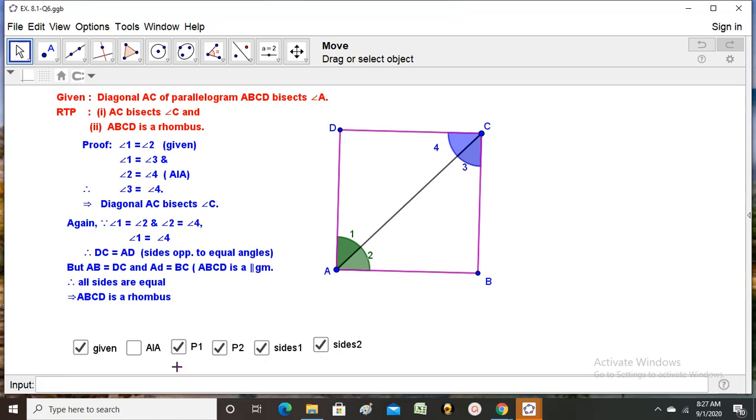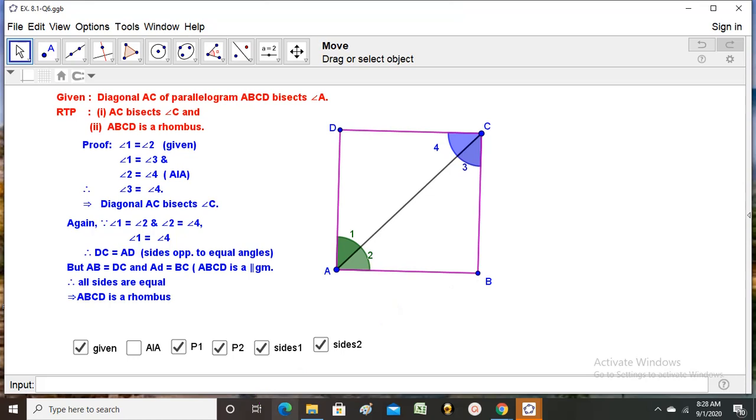Now you can see, firstly they are all black in color. Now, after each proof I am putting the color on them. The whole parallelogram has become pink now, outside. Okay? So therefore, all the 4 sides are equal to each other. That too, it's a parallelogram. Therefore, we can claim that ABCD becomes a rhombus.